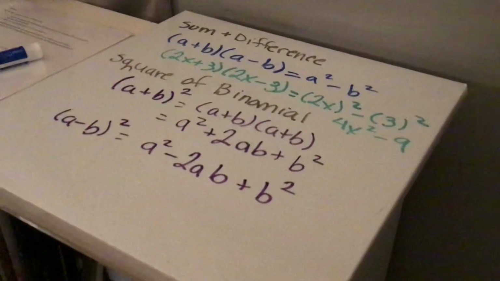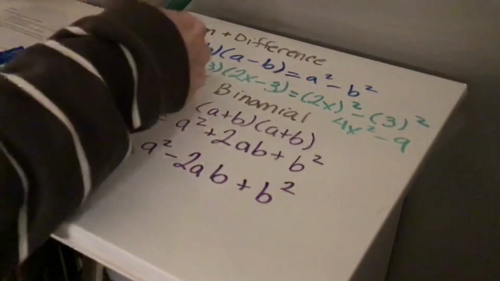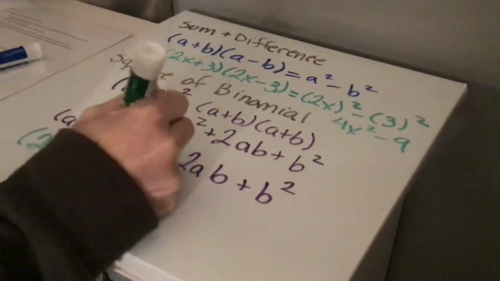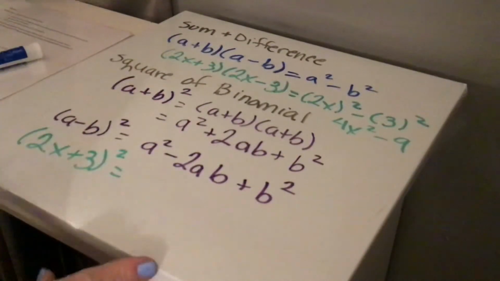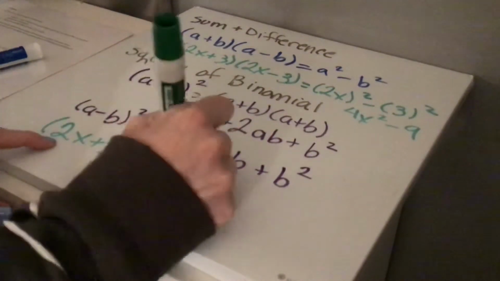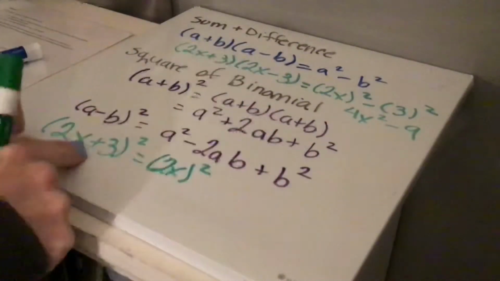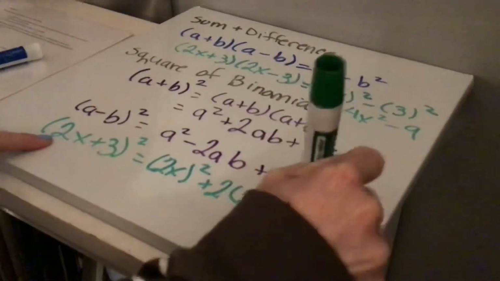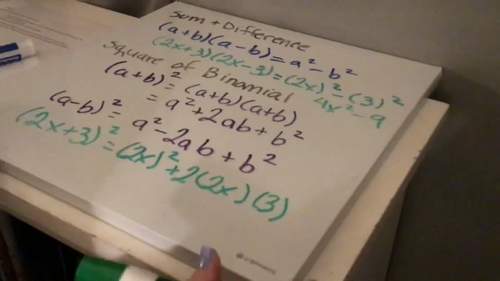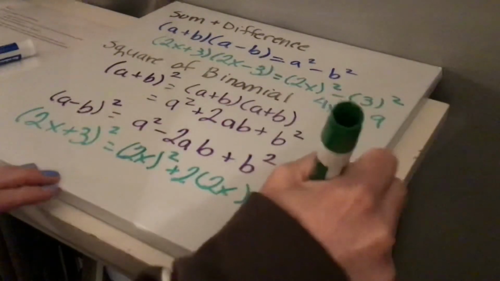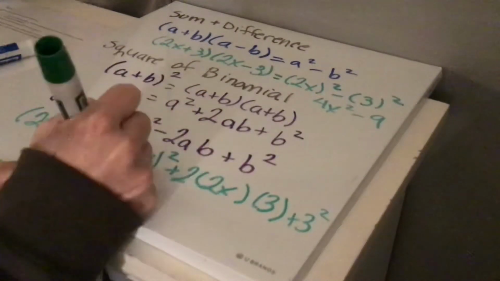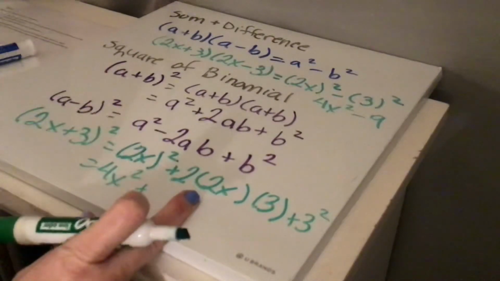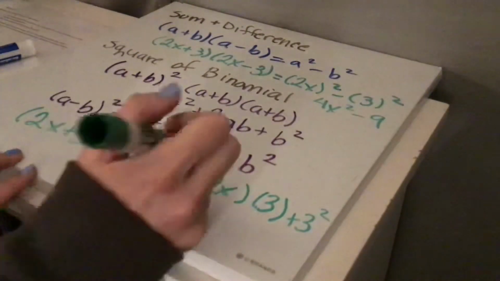Okay, so what that means is we'll use this 2x plus 3 again. So I have 2x plus 3 raised to the second power. Instead of multiplying it out, I can write it as the first one squared, so 2x squared. It's plus, so this is plus 2 times the first, so 2x, times the second, plus the last squared. Okay, so then 2x squared is 4x squared, plus 2 times 2x is 4x, times 3 is,